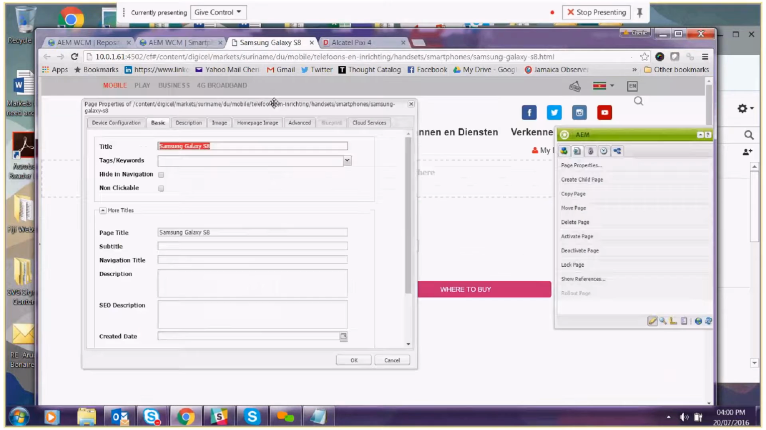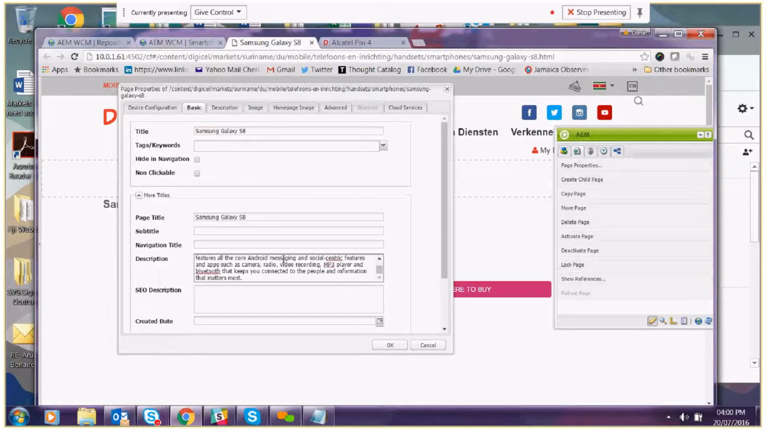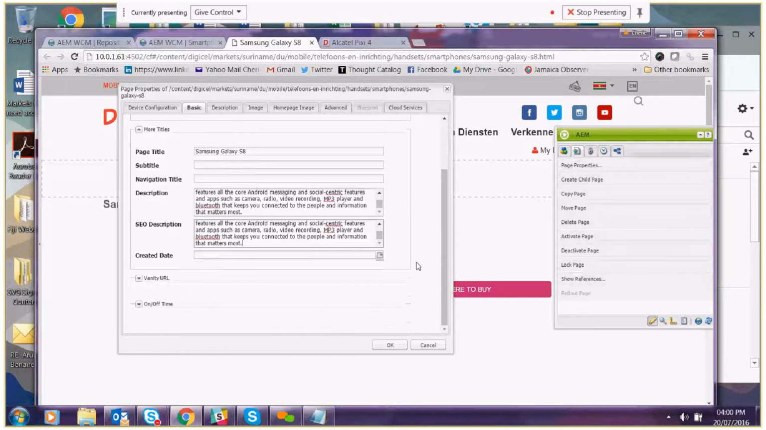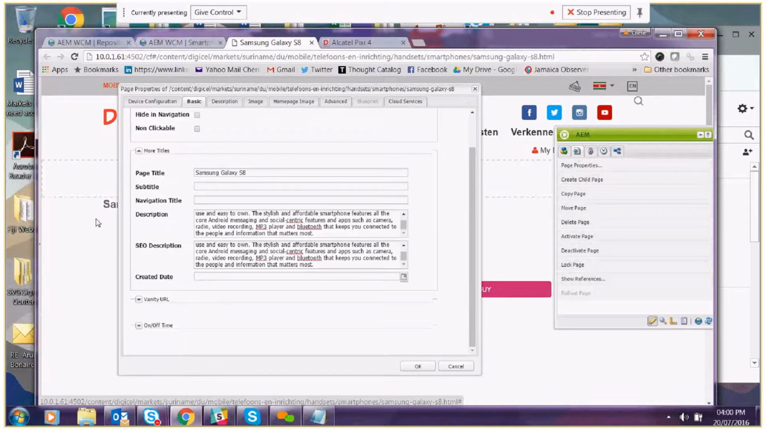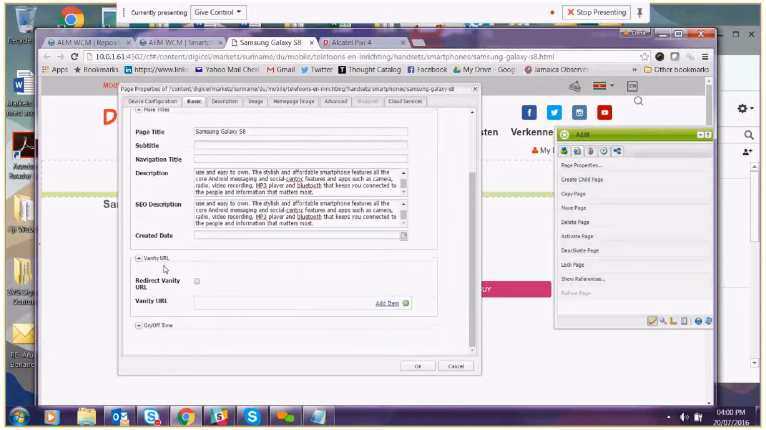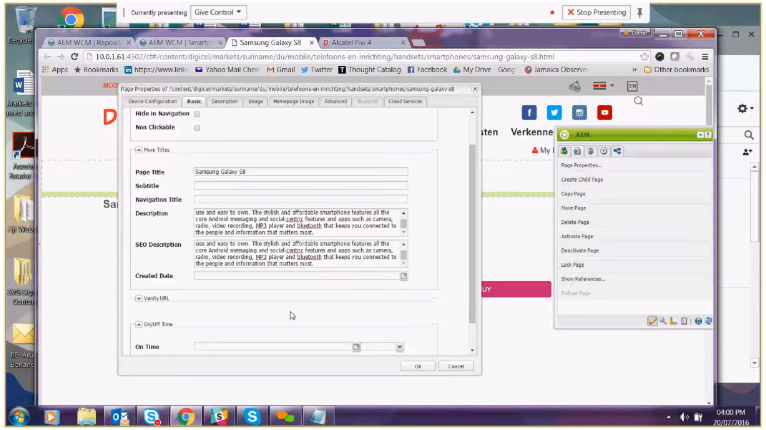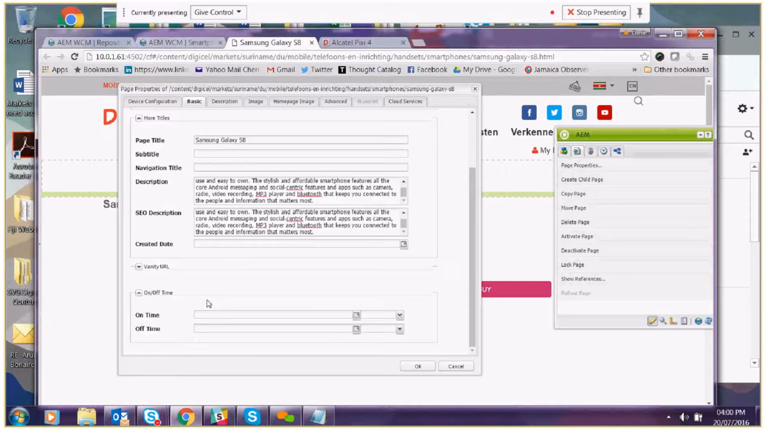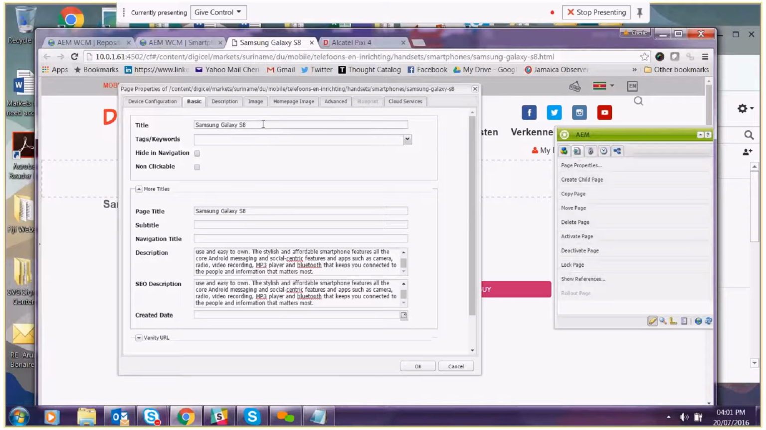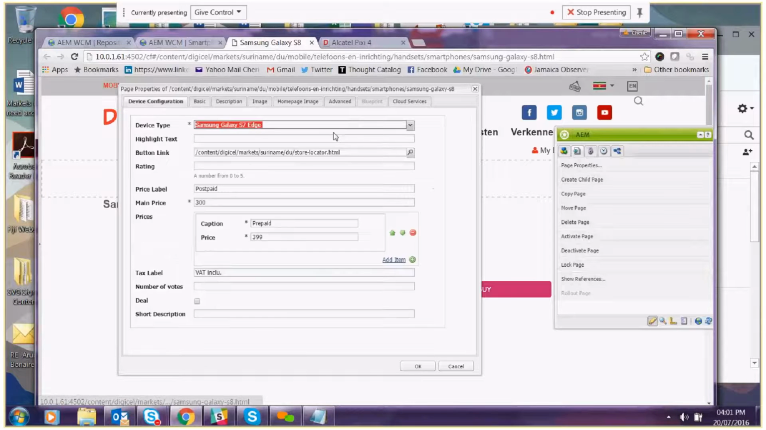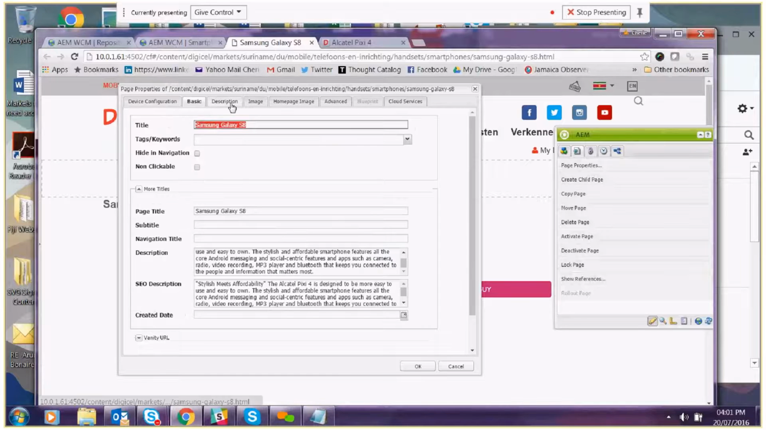So, okay, I want to put in my description and my SEO description. I'm not worried about create date for this particular component because it's not like a press release, and I'm not worried about creating a vanity URL right now or anything like that. So don't complicate it too much. For the most part, I have my titles and my descriptions filled out. Simple enough. So far I did my device configuration, I did my basic tab, and I need to do my